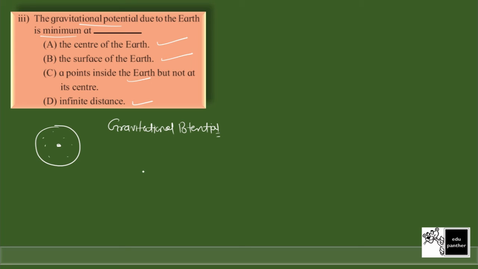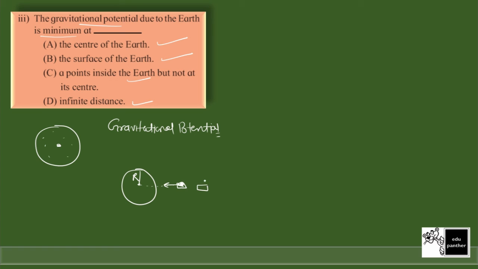work करने की ability. So suppose you have an object, and in our case it is basically earth, and we want to find out its potential at a particular point. Means what? How much work can be done by the earth on a particular object. कोई मैंने एक ऑब्जेक्ट रख दिया, एक यूनिट मास रख दिया, तो उस यूनिट मास पे ये अर्थ कितना वर्क कर सकता है, वर्क कैसे करेगा, उसको अपनी तरफ अट्रैक्ट करके.